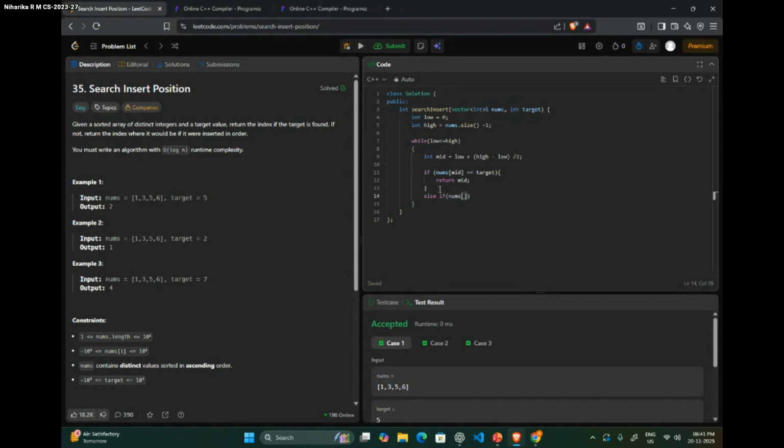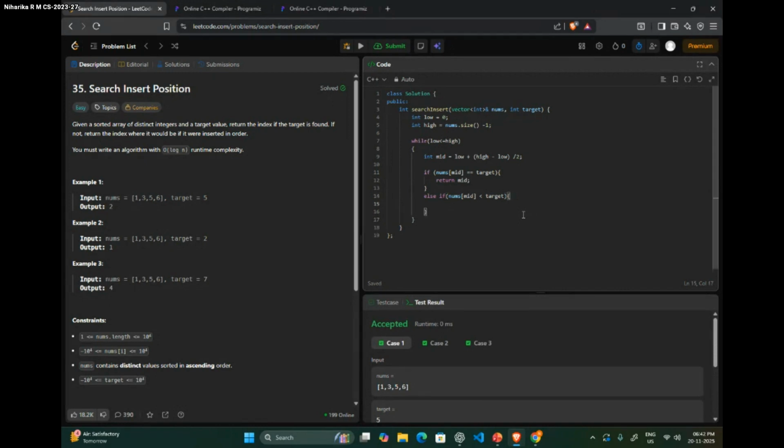If nums of mid is less than target. I hope you all remember what we saw before about what has to be done if it is less than target or greater than target. Here we'll see what has to be done.